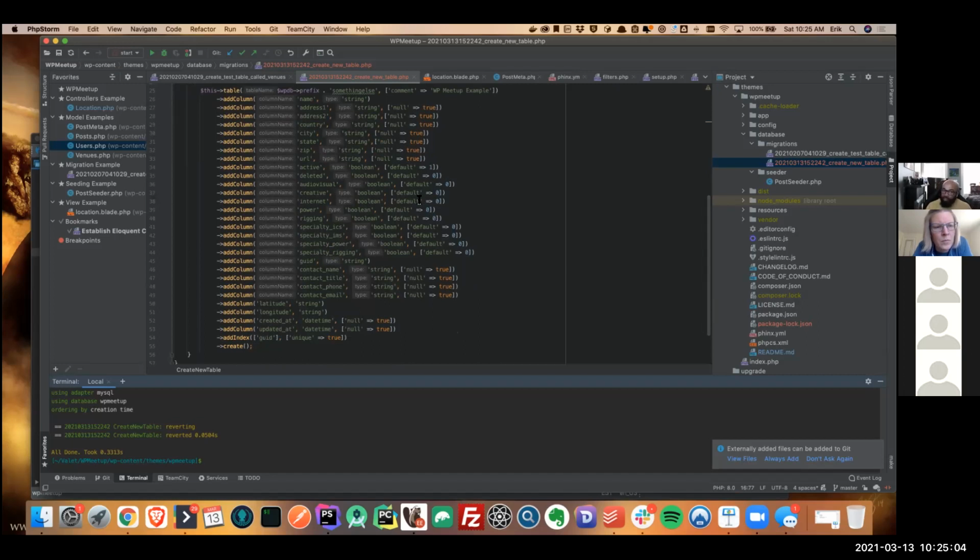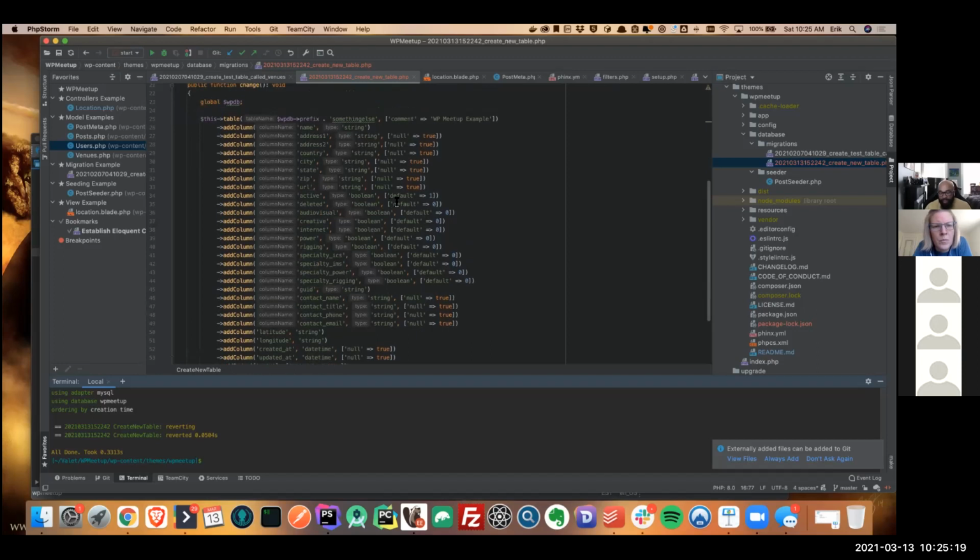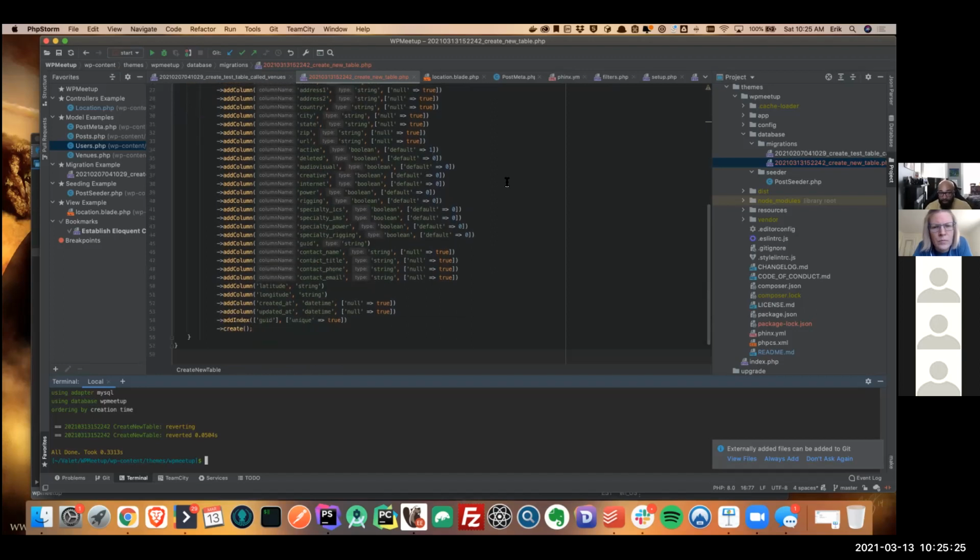Now, of course, you don't need this in all use cases. If you're just doing a regular blog site, this would be overkill. But if you're doing something that's a little bit more unique, where you do need your own custom tables and things of that nature, this thing comes in handy. It's an amazing tool. Now, to continue on the Phinx path, seeding.